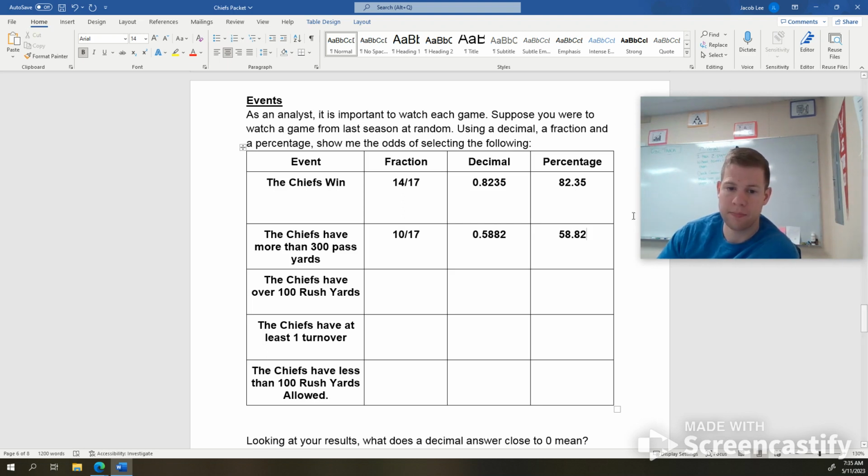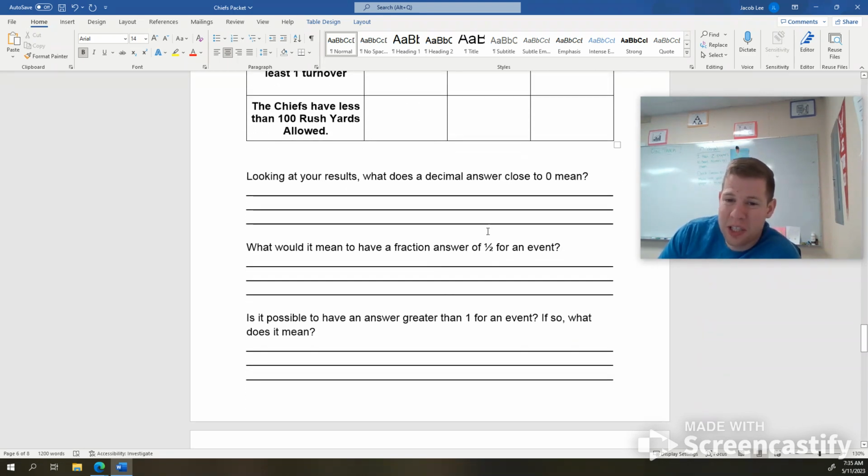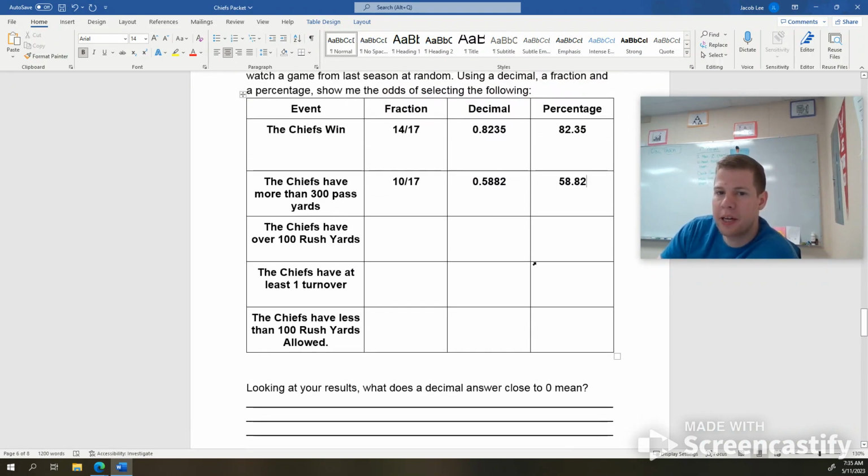Good enough? It has 3 questions. It wants you to look at the decimals. So in this middle category, what does it mean when your decimal is a number really close to 1.0 in terms of the probability of that event happening? Right? As your number gets closer to 1,